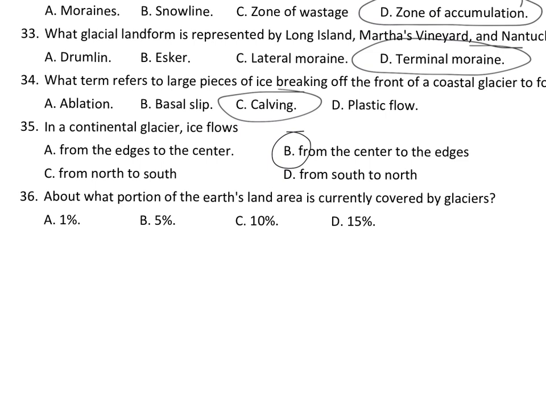All right. About what portion of Earth's land area is currently covered by glaciers? And that's going to be the 10%. During the last glaciation, we know that it was 30%. All right. So,